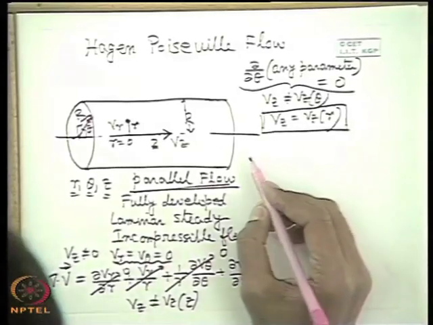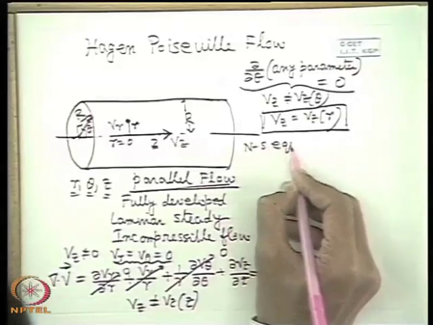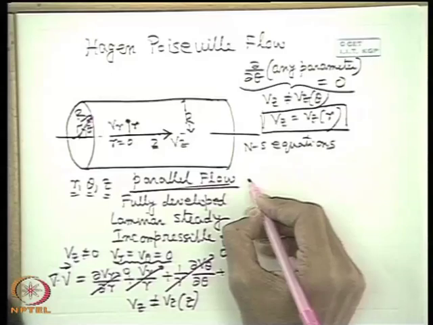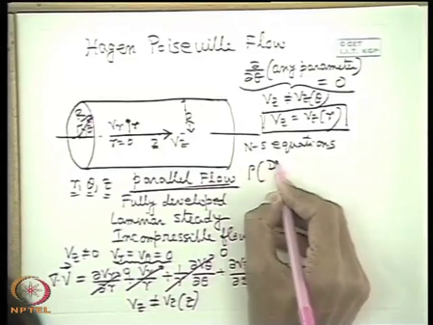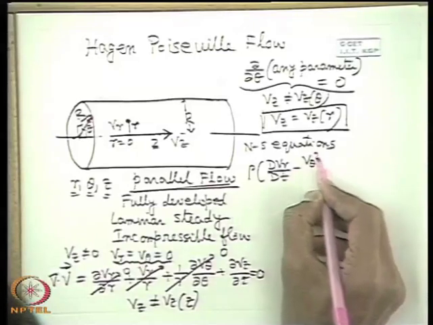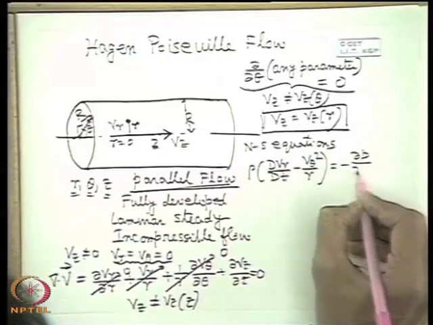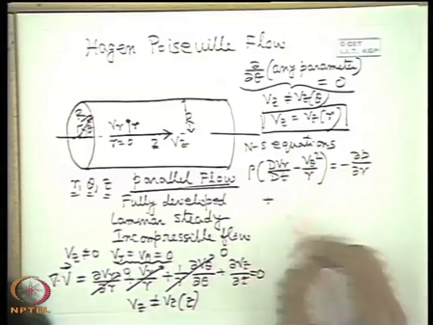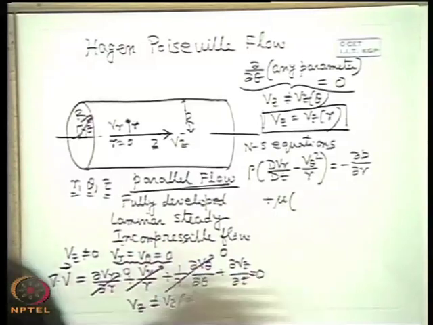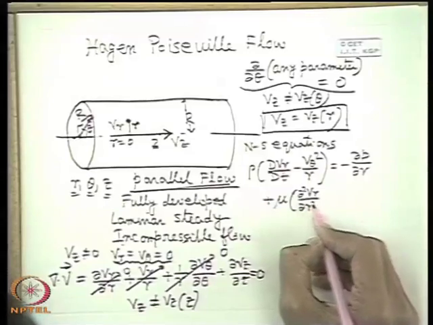Now I write the Navier-Stokes equations, that is the equation of motion in the R direction. Rho times dVr dt, that is the acceleration, minus V theta squared by R in the R direction, is equal to minus del p del R. You have to practice writing this equation. For incompressible flow only the Laplacian term will be there, and in cylindrical coordinates it takes this form, del squared Vr.